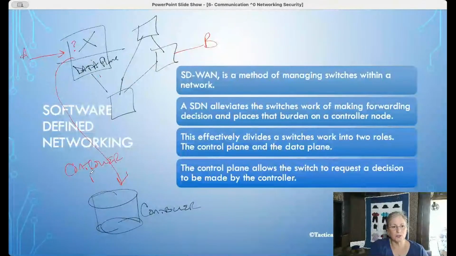Controller plane or control plane, it actually goes by both. So if the switch doesn't have any recent memory, it calls the controller, and the controller, having full knowledge of the network and all the traffic that's flowing across it and where destinations are, would make decisions on the best possible path to get to that destination.